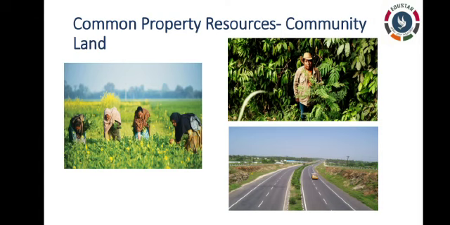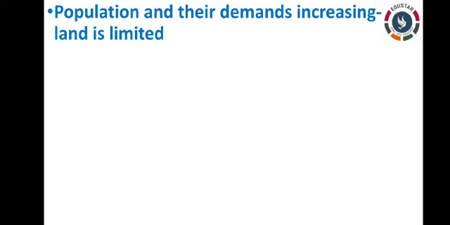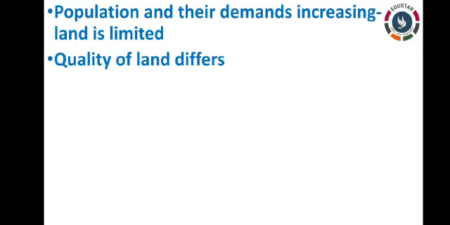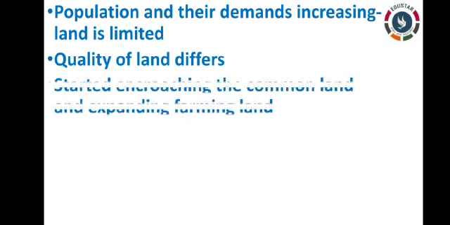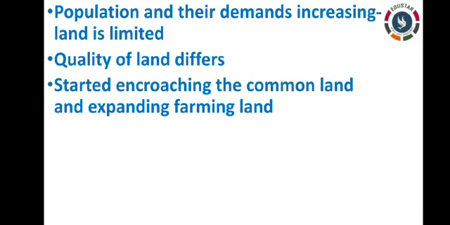Gradually the population increases and their demands too are increasing, but the availability of land is limited. As we know, only 30% of the globe is land. As well, the quality of land also differs from place to place. For example, take our locality of Kovilpatti. Though we all live in the same place, in some areas we have water scarcity. So it proves that there is a difference of land quality from place to place.